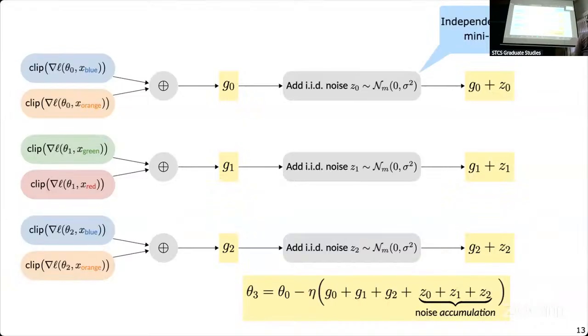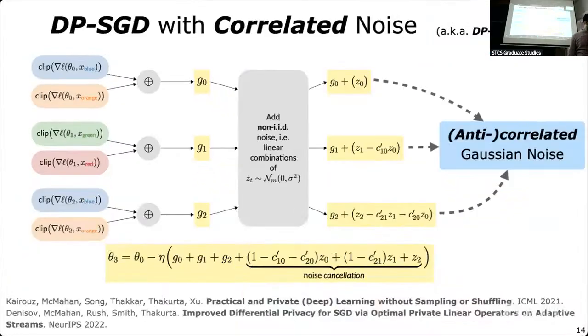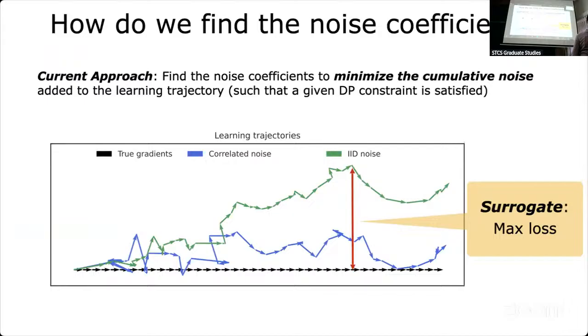Any other questions? One question. So there was this graph where you had no noise, and then you're adding correlated noise, so you're not so far away from the true gradients. There must be something that guarantees that if you're not too far off from the true gradients, then the final loss won't be too far away. There has to be some sort of this thing.